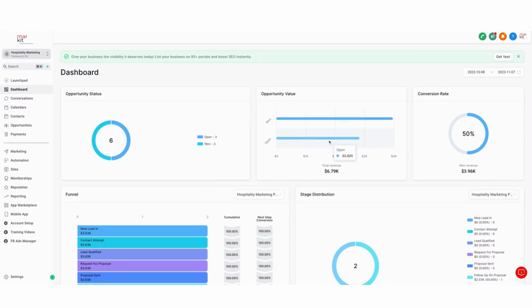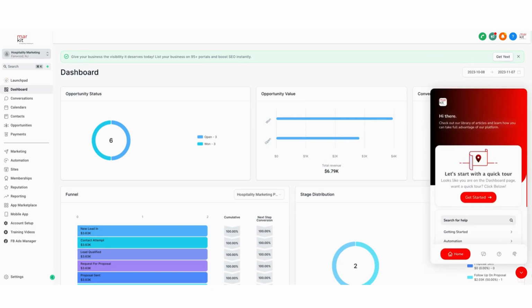Hello, in this video, we are going to go over the chat feature within your market dashboard. Have you ever gotten stuck and don't know where something is? Just go right here. You'll see this little red icon at the bottom of your screen. Click on that. Now, this is not only a chat feature, you have multiple things that you can do in